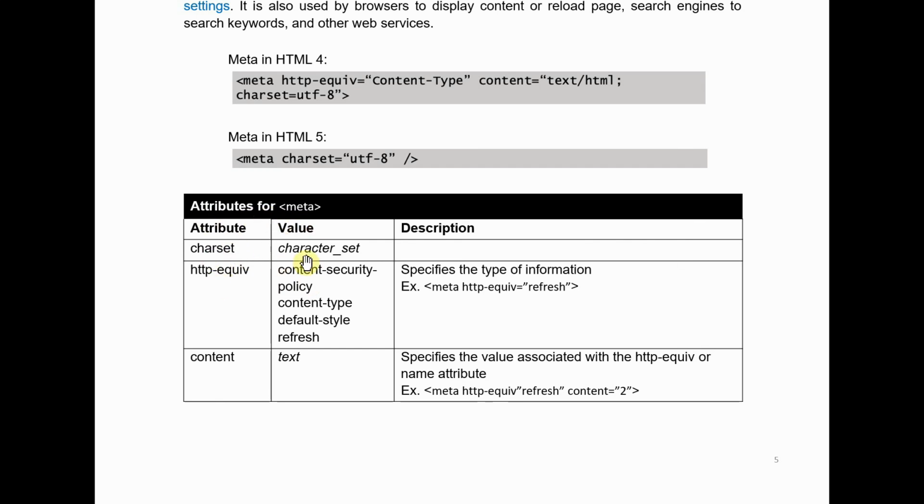Okay, these are attributes for meta. Character set, HTTP equivalent or content security policy, content type, default style, and refresh. Okay, this specifies the type of information. Content text specifies the value associated with the HTTP equivalent or name attribute. So an example,